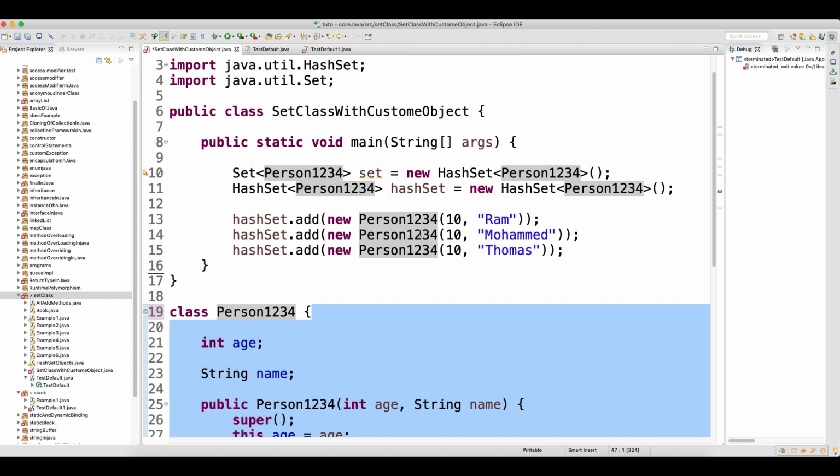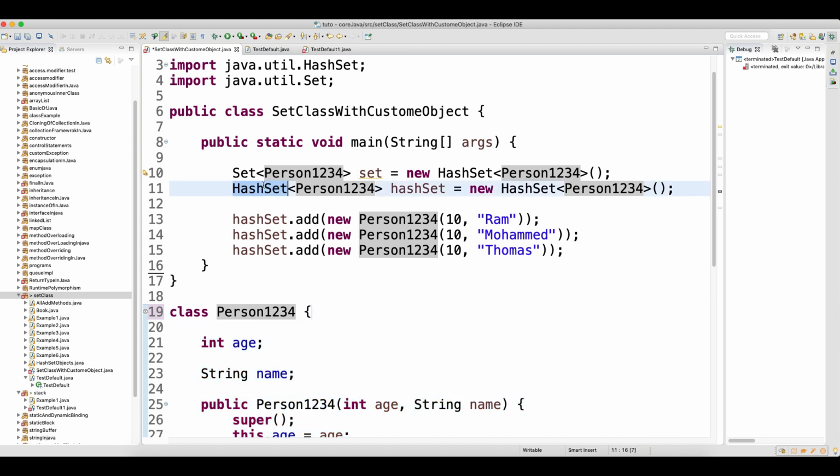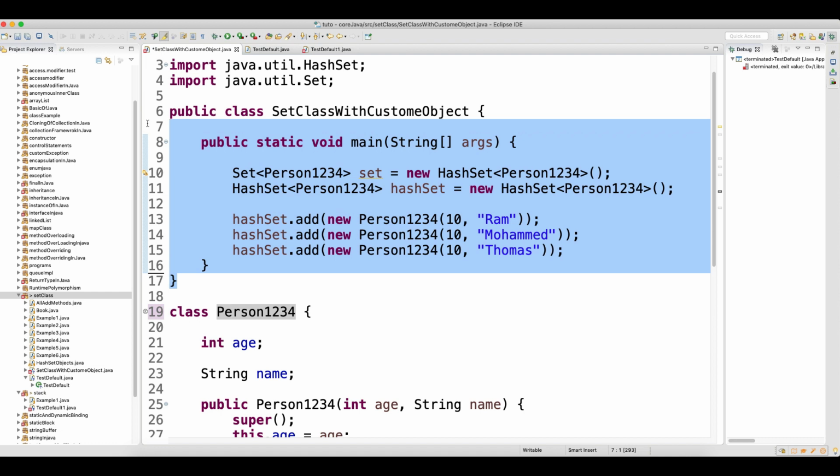The second thing is, I want my code to be more readable, and I want my code in a systematic manner. See, writing code is not a big deal. Anyone can write code, but how you design the code, how beautifully you design it, that's what matters in the company. So when you are designing the code, make sure that you are following the proper way. Here my hash set will take one object. Let's say your requirement is, you have one class that will help you add data to the hash set, but the data you are going to add is of type custom object.